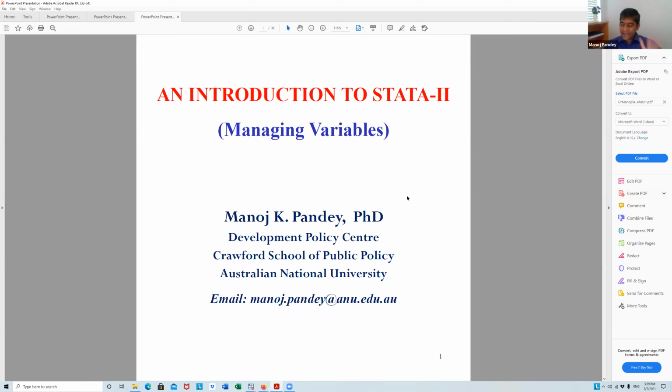Today's agenda is how you are going to do data management, especially management of variables. Then we will move to graphics, some graphs you will probably be using but are hesitant to use because you don't know how to make them. And finally, in the final session today, we will do econometric analysis using Stata.